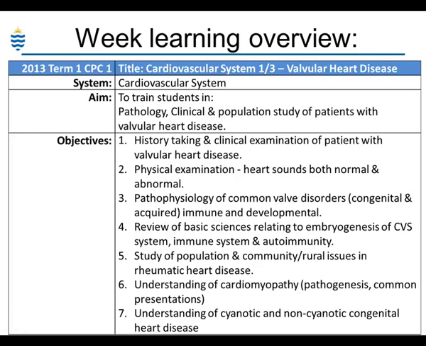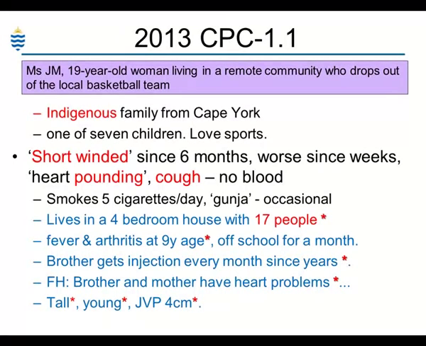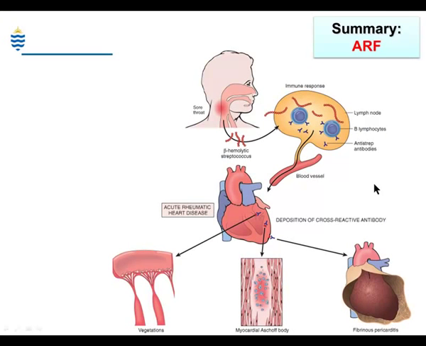Week 1, the cardiovascular valvular heart disease. Major was rheumatic heart disease. Minor was congenital heart disease and cardiomyopathies. So the classic presentation, usually crowded living, poor hygiene, young age, fever, arthritis. The complete summary there: